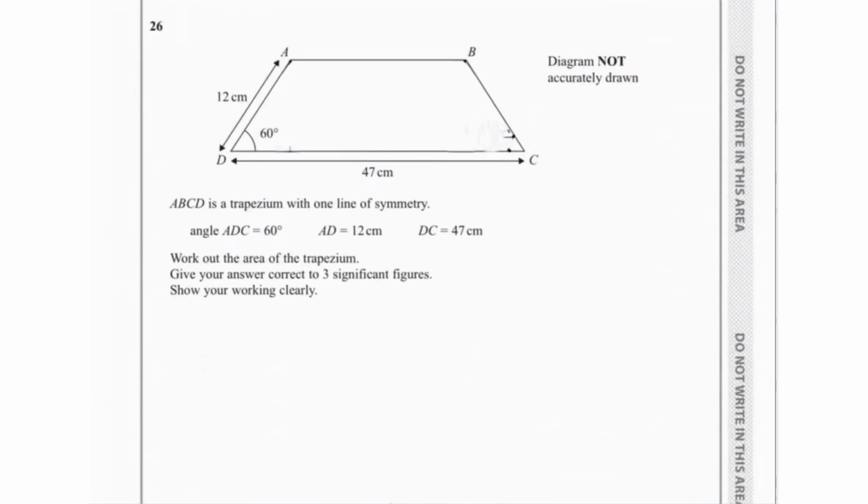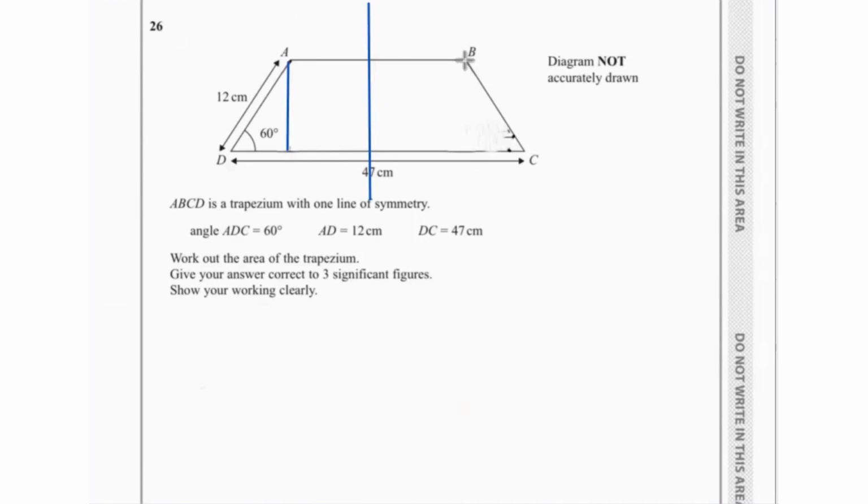Then ABCD is a trapezium with one line of symmetry. Angle ADC is 60. The length of AD is 12 and DC is 47 centimeters. We have to work out the area of the trapezium, giving your answer correct to 3 significant figures and show your working clearly. So if it has one line of symmetry, that means if we